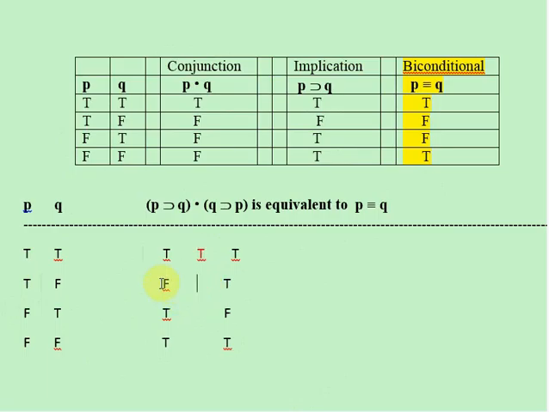Okay, the second row would be the case in which the left conjunct is true and the right conjunct is false, so that would be true and false. Well, remember, if at least one of the conjuncts is false, then the whole thing is false. And that's what we have in the third row as well. In this case, the right conjunct is true and the left conjunct is false. Well, the whole thing is still false. And so that's why that's false. So let's make that red.